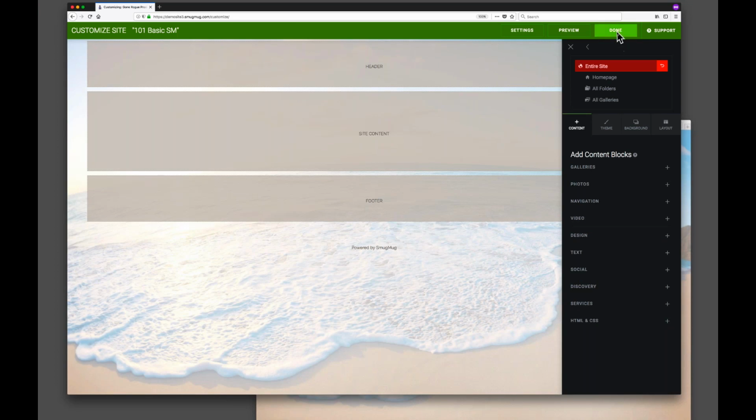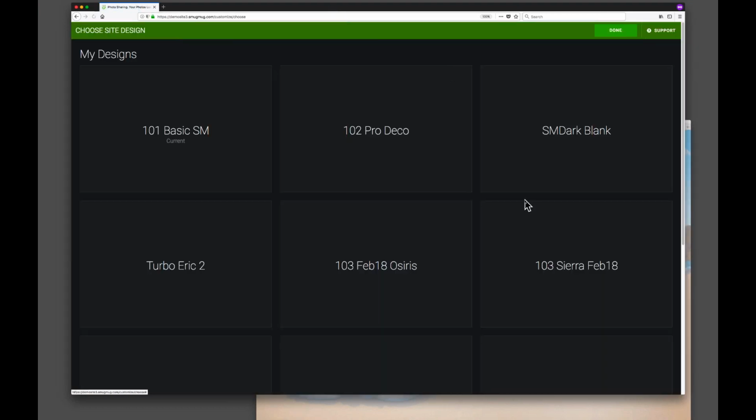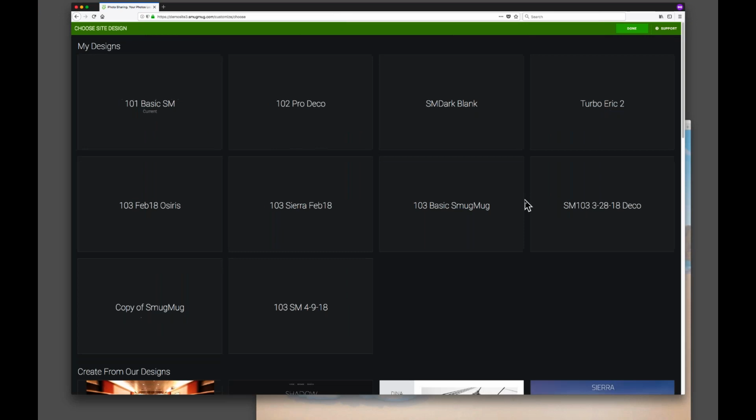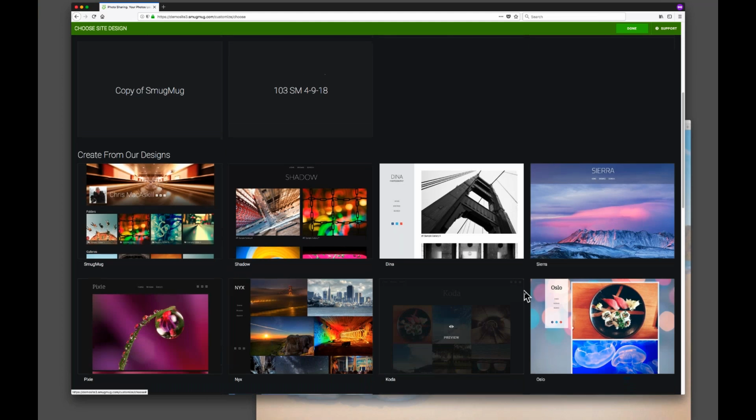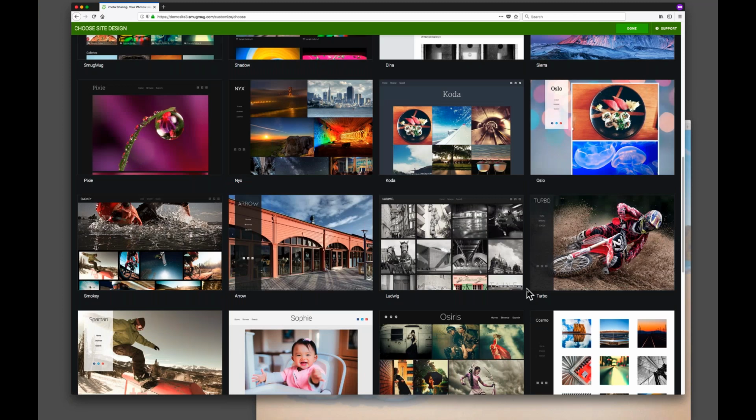So let's click done, and we're going to discard changes, go right back where we came from, and here we are in here. Now, having shown you the introduction to the tools, let's go talk about designs themselves, the templates that you can use to build your site. So we start you off with Smugmug. Let's go into choose a new site design. Some of you have probably been in here before, and I do run through this a little bit in the 101, but these are my custom designs that I have saved, and I did make a point of this yesterday. We offer a couple of dozen different designs basically to get you started, but the reason for that is because we put them together in a way that you can hit the ground running. We've already done the initial groundwork for you. If we didn't do this,